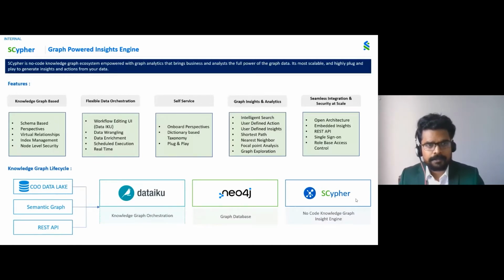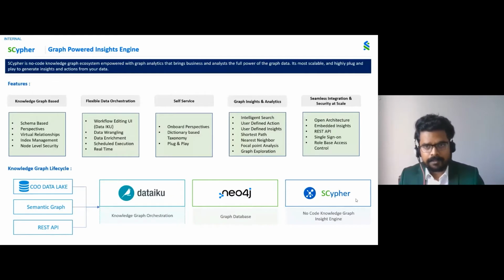Cypher is absolutely a knowledge graph based insight engine, and we also put together multiple tools within our ecosystem to do data orchestration for the knowledge graph. And like I mentioned, it's completely self-service. It's an end user capability which allows the business users to perform a semantic search and do a focal point analysis and generate insights for the relevant operations with no code and also with graph analytics completely empowered